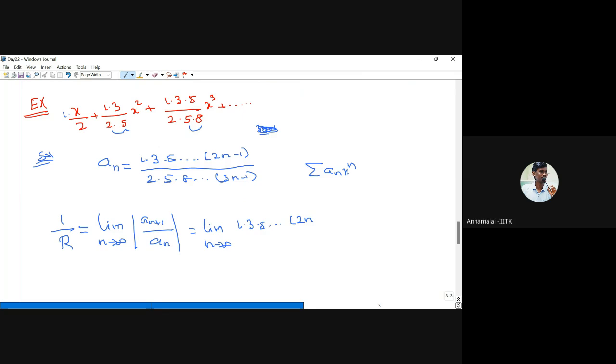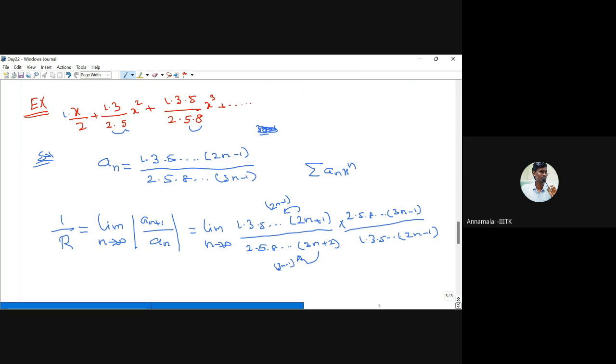2n plus 2, therefore we get 2n plus 1 divided by, again here substitute n equal to n plus 1, 2 into 5 into etc. 3n plus 3, we get plus 2 into an, therefore into 2 into 5 into 8 etc. 3n minus 1 by 1 into 3 into 5 etc. 2n minus 1. Okay, therefore the previous term here is 2n minus 1. Okay, in this product, again the previous term, you have to subtract 3, therefore we get 3n minus 1